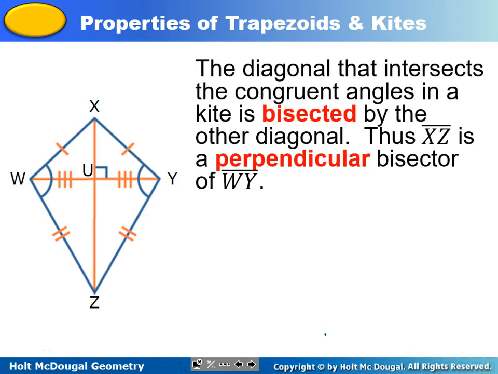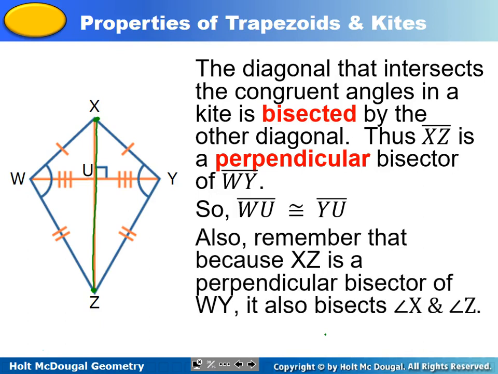The last property is that the diagonal that intersects the congruent angles in a kite is bisected by the other diagonal. So notice that this diagonal here is bisecting. The diagonal that's between the two congruent sides bisects the diagonal that's between the non-congruent sides. So that means WU and UY are congruent. And it also means that XZ is a perpendicular bisector, which means it is going to bisect angle X and